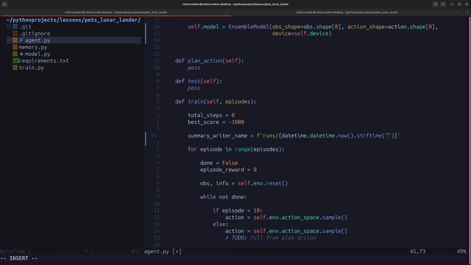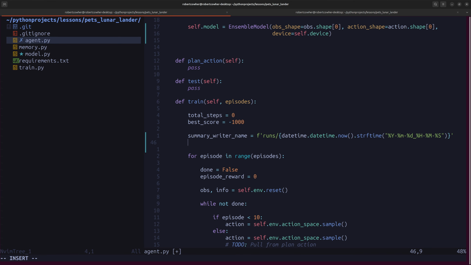And then in here, we're going to do %y, %m, %d. We're just doing some date formatting. And we want capital H dash %m dash %s. All right, we have our summary writer name. We're going to say writer equals summary writer,